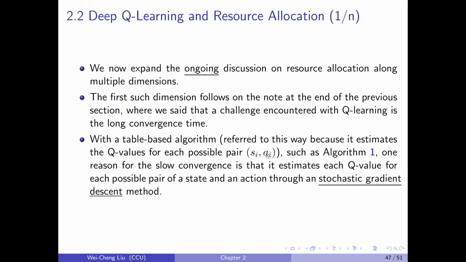I forgot to tell you, we have explained the meaning of deep Q-learning. If you forget it, please review the handout of chapter 2. The pair si and ai, where si is the state of secondary user i, and ai is the action taken by secondary user i, such as